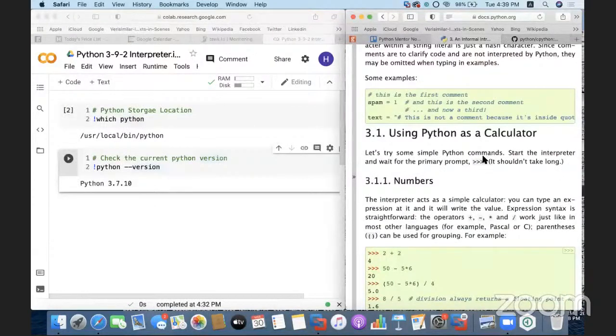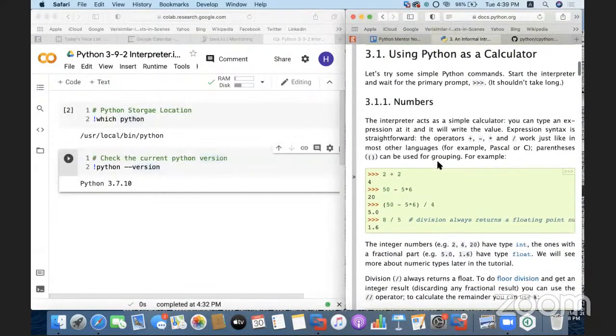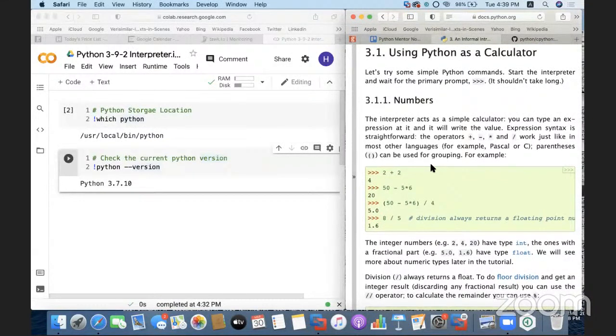Yeah, this is it. So we are going to start with using Python as a calculator, and we are going to interact with the interpreter. Our interpreter is going to act as a simple calculator, and we will be able to express various mathematical operations using plus, minus, into, divide, and it will work like the other languages such as C, C++, Java, and so on. Okay, so parentheses can be used for grouping, like the one you have seen where we do have